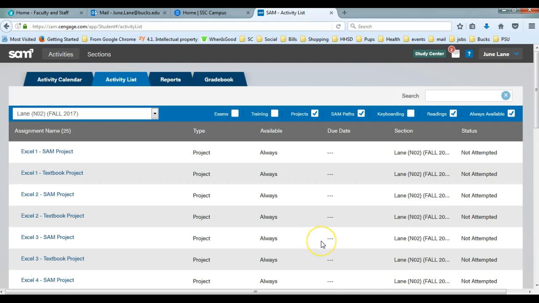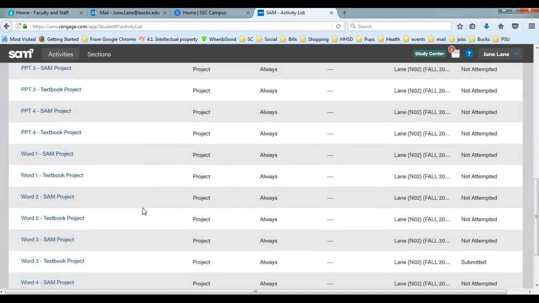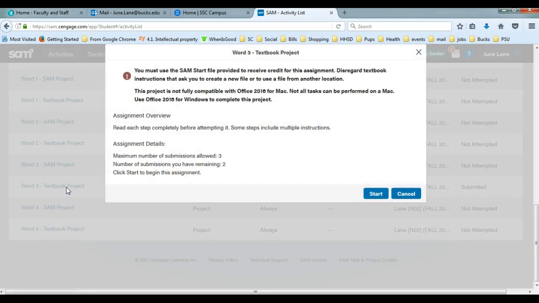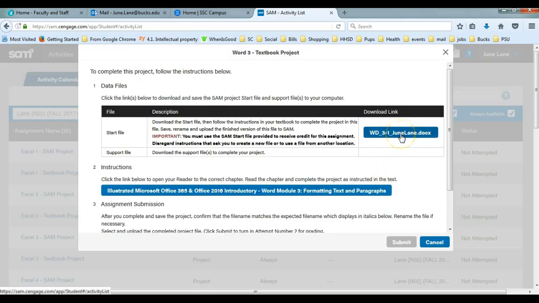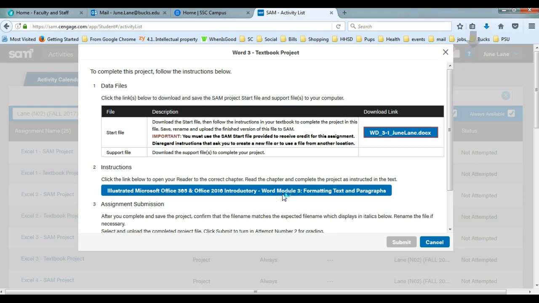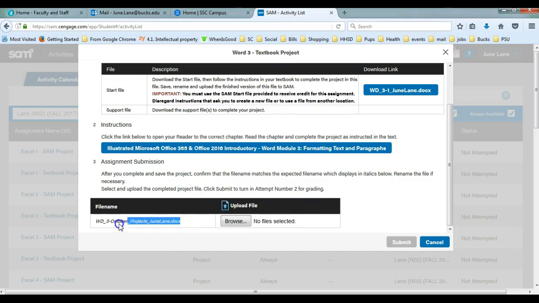So as you can see, I'm currently in SAM, and I want to locate the assignment so we can find our start file. We are working with Word Chapter 3, and it's the textbook project. So I'm going to go ahead and open this up, and download the file, which is our start file. I'm going to open this in Microsoft Word. Before Word opens, I'm going to scroll down and copy the name of the file that they would like me to save this as, because that's going to be our first